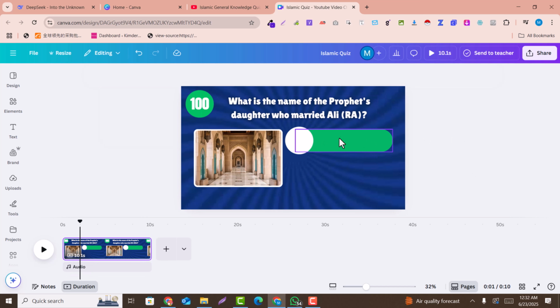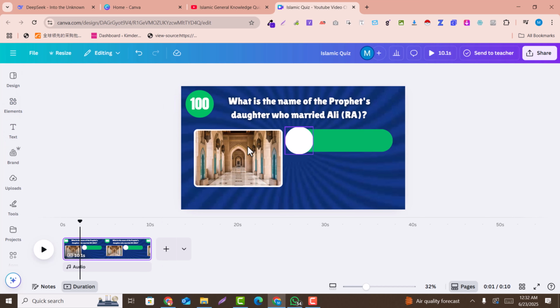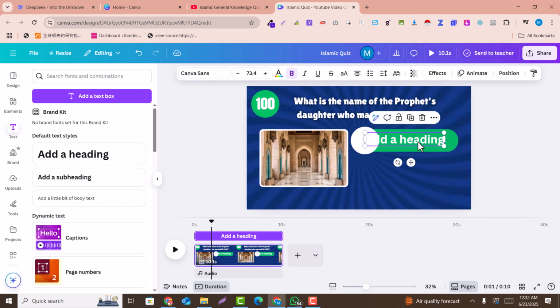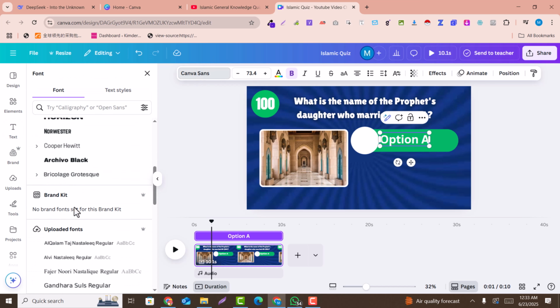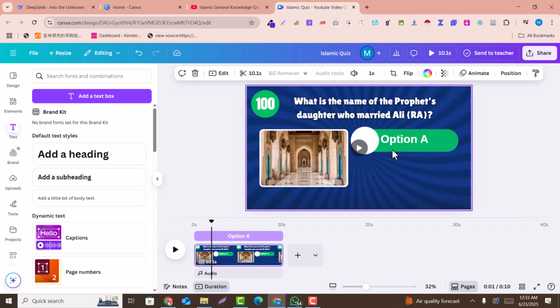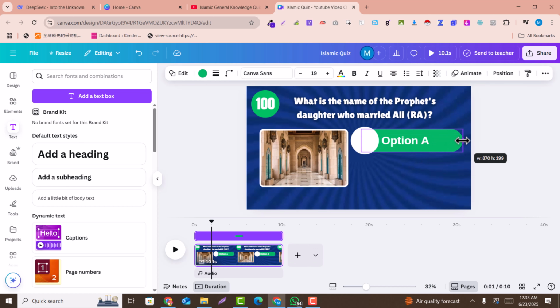So here we have this, and here we just need to add the text for the option A. So here I'll just add text here. For example, here is the text for the option A. So here I just say option A, and here I'll just again change the font family because this font family is not looking good. So I just add this font family. For example, you can choose your own font families here. So here you just need to make it full, because for that we need to have the full width. I will let you know why I have made this. Okay, so here I just make it bigger.